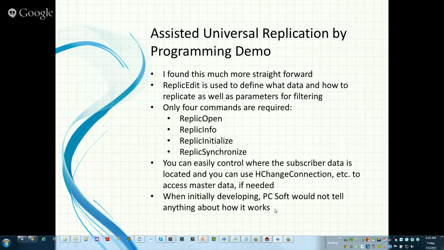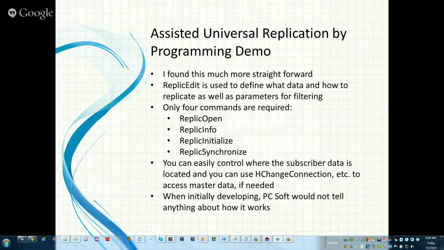You let Replic initialize create those subscriber classic databases, because it goes in and actually changes the indexes to have unique values so that it can do the replication. And like I said, one of the irritating things is they don't tell you how it really works. But we can look at the,